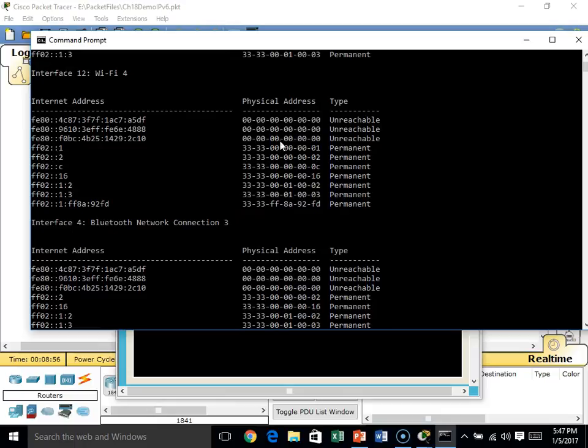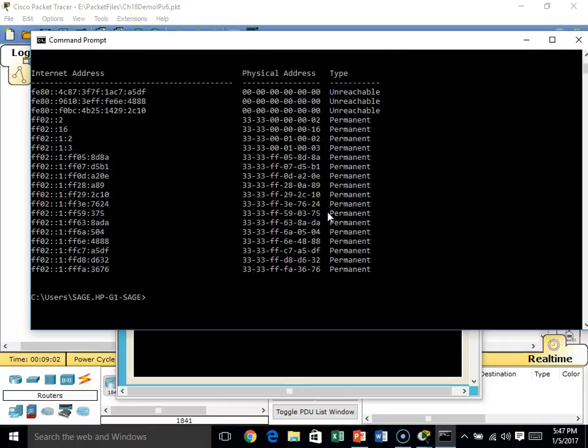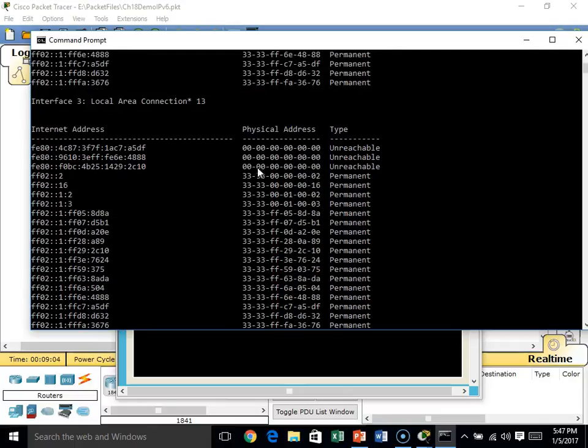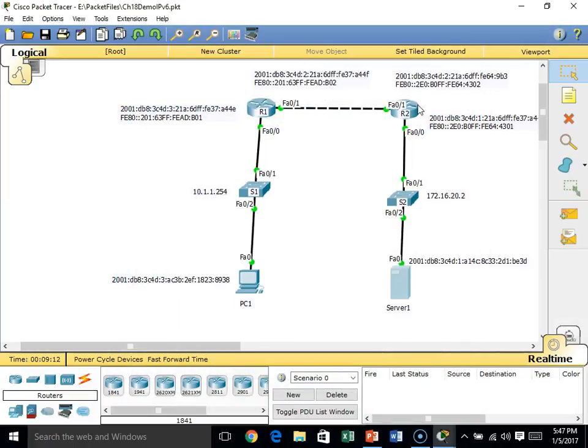See, we have some addresses here that are just like he says, unreachable permanent. Whole bunches of addresses in here that you can see. So we're going to go through this thing, and we're going to show what we're going to do on